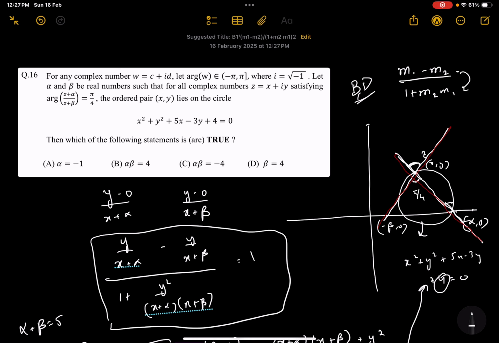But anyways, by the property that z plus alpha and z plus beta are at an angle of pi by 4 with each other, we can find the locus of